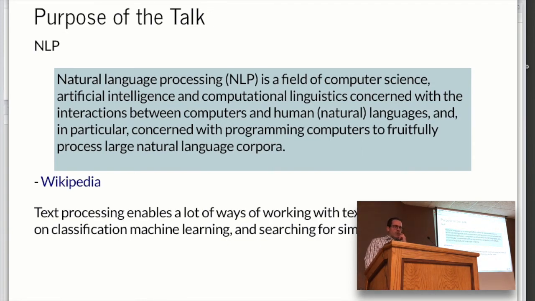So I won't read this word for word, but natural language processing is obviously computational linguistics. All these fields, text mining, all fall into the areas of helping computers work with unstructured text data. Mainly today, we'll focus with an aim towards machine learning, but really focus on the processing step more than the machine learning after it. Once you've processed it and you've got it to numbers, at that point it should be fairly straightforward, if you know what you're doing with machine learning, to go from there. You can cluster, you can do all different kinds of things.